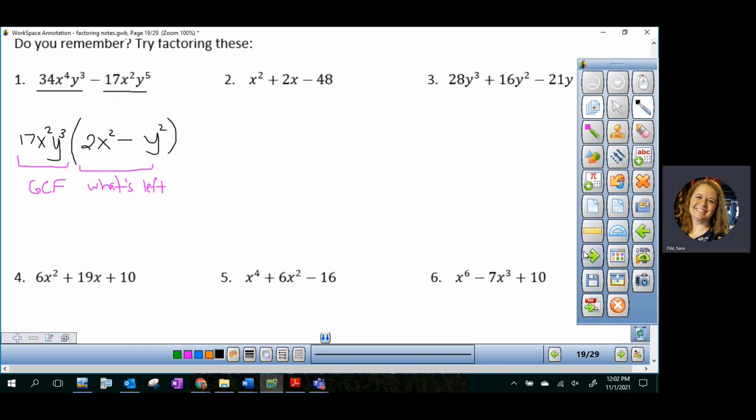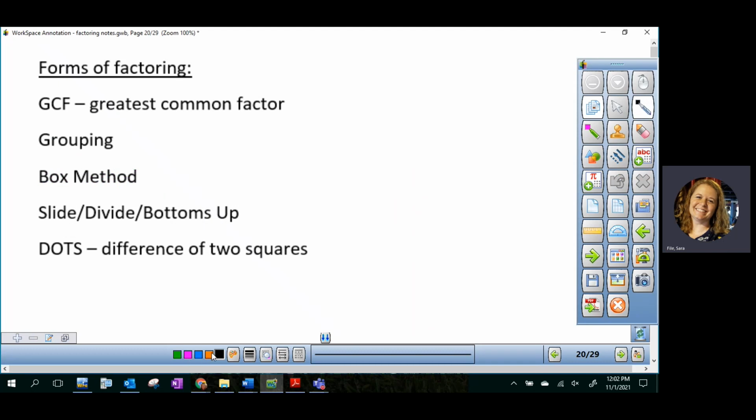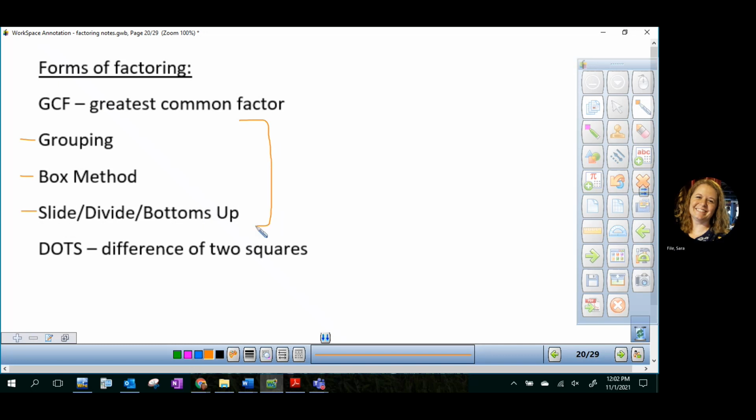Okay, now the other three, the next three types here, grouping, box method, and slide divide, those are all options for when you have a trinomial in quadratic form. Okay, so all three of these can be used for a quadratic or a trinomial in quadratic form. Now, when I say quadratic